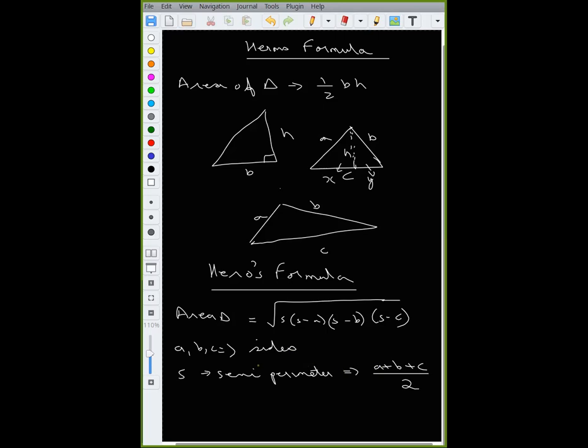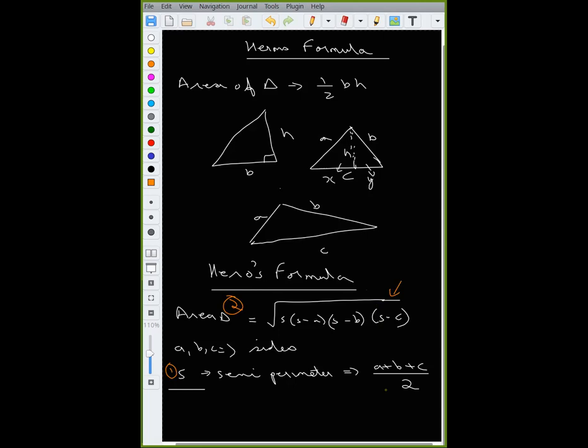Okay. So 2 steps we need to do. First, we need to find out the semi-perimeter. That is step 1. Given 3 sides. Step 2, we find out the area of the triangle by finding out the whole root of s into s minus a, s minus b, s minus c, where s is the semi-perimeter and a, b, c are the sides. Right? Pretty simple. Only thing you need to take care in Heron's formula in this chapter is the calculation, because it's root involved, so a little bit of calculation you have to take care. That's all the main thing.